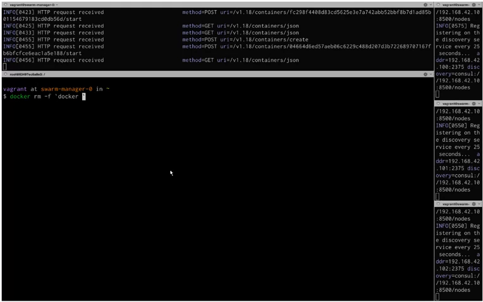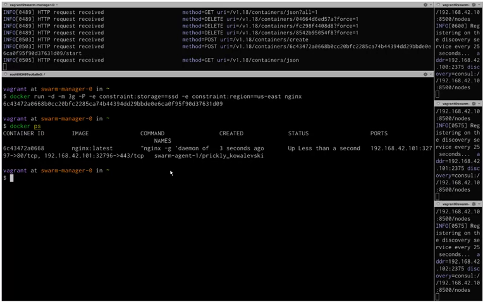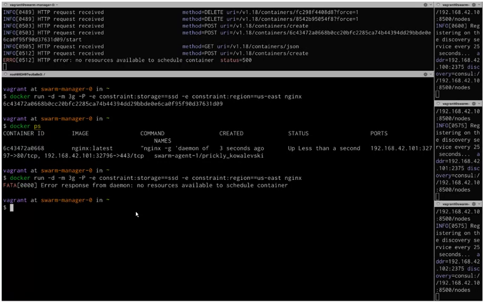So let's clean everything. And we're going to do this back to actually show you an example of resource management and chaining constraints. So yeah, I'm going to do this again without failing this time. Okay, so let's run this container. If we do Docker PS, we can see it on Swarm agent 1. That's okay. If we do this again,